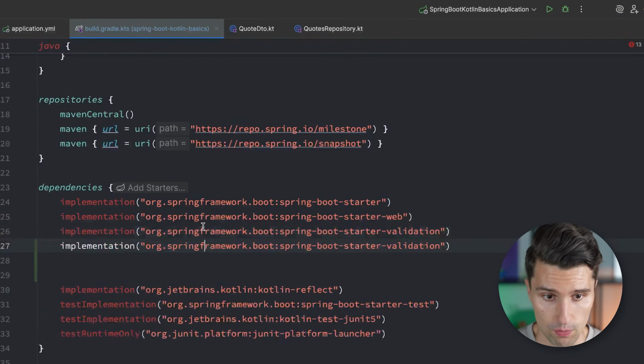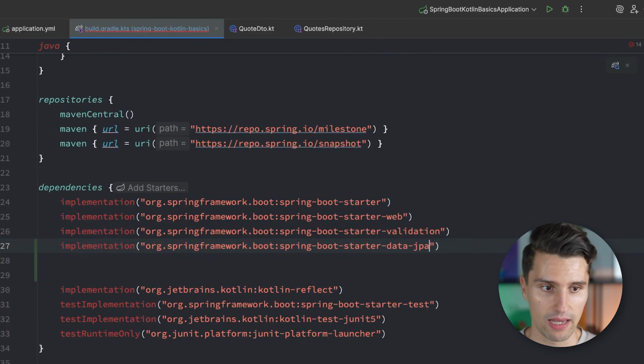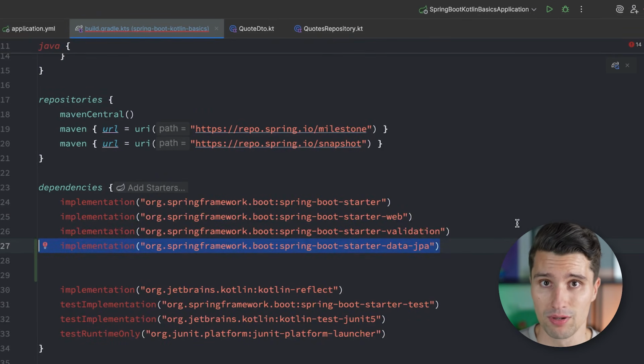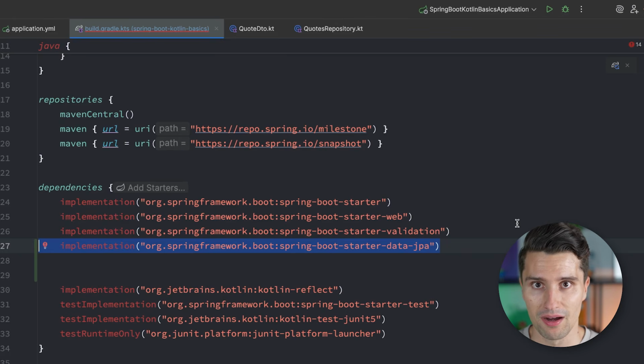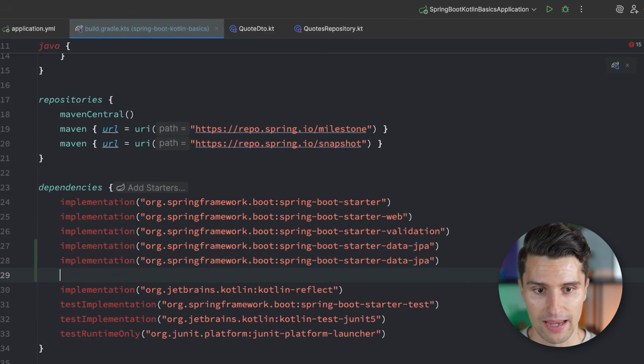We on the one hand want to duplicate that and add the Spring Boot starter-data-jpa dependency here. This will really add the JPA framework together with what we call Hibernate. Hibernate is a specific implementation of this API, of this Jakarta Persistence API. And additionally, we need a dependency that adds the necessary database drivers in order to connect to a PostgreSQL instance